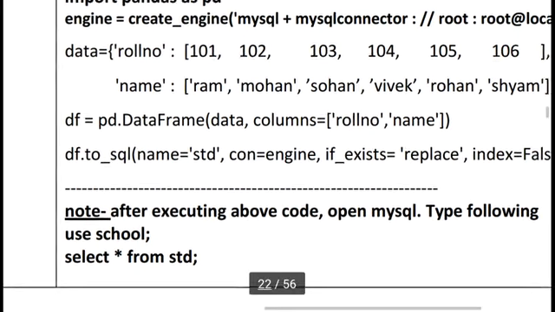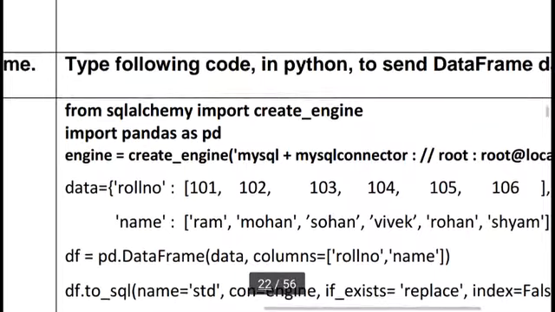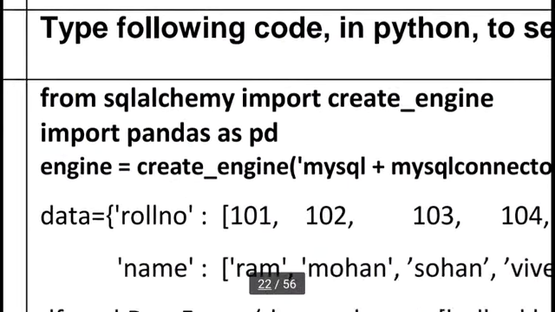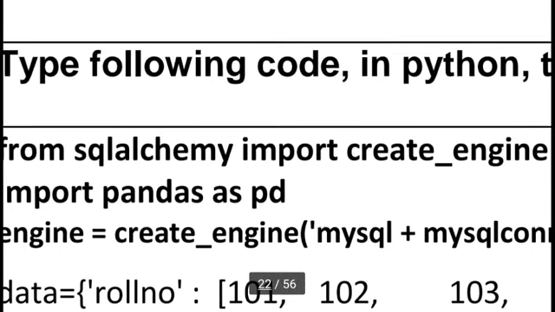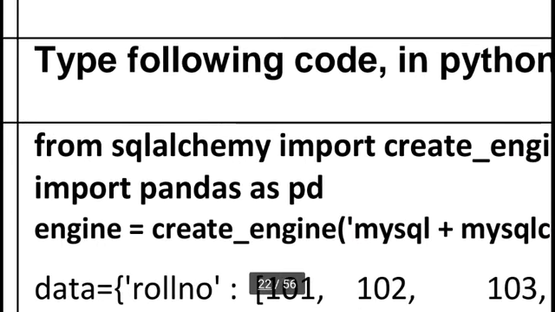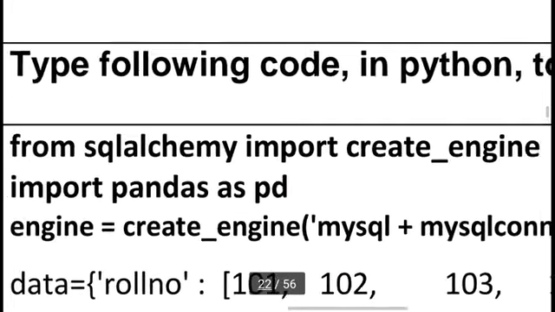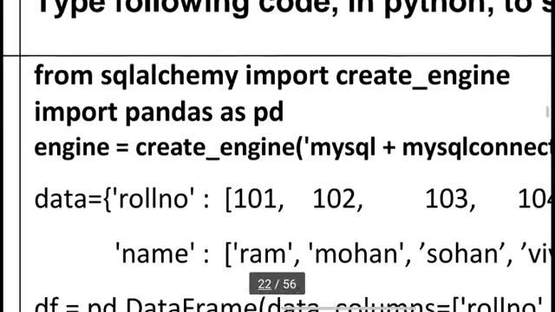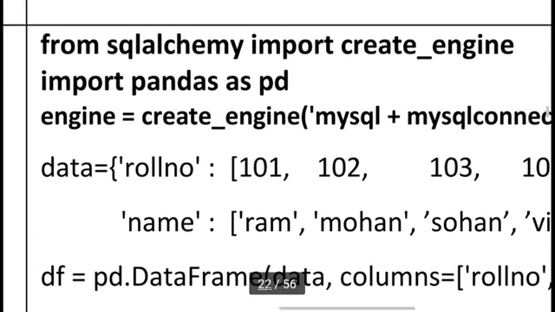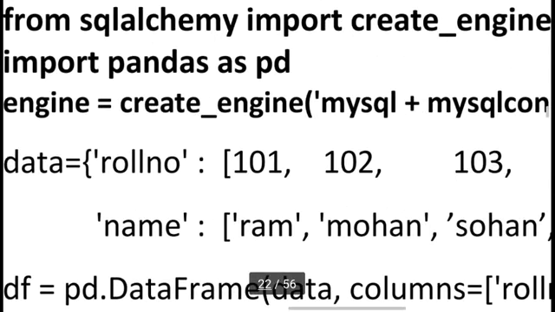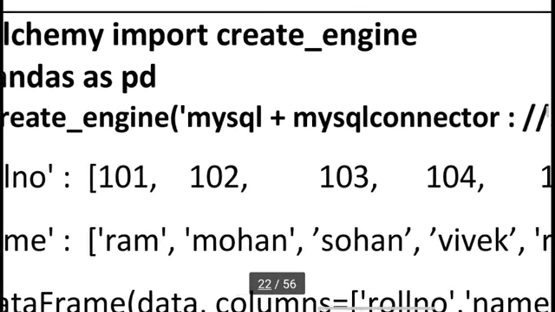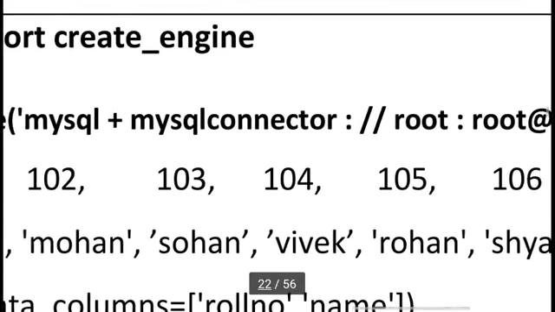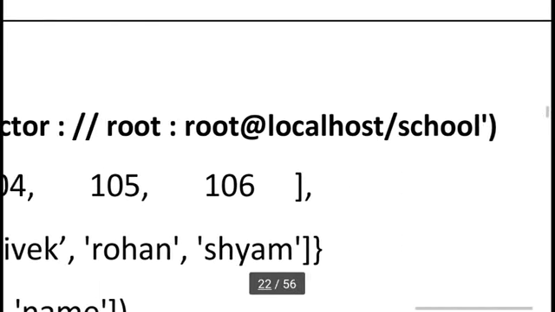So export is a very simple thing. For exporting, we can always use from sqlalchemy import create_engine. You always remember this command. This is a fixed command. Import pandas as pd we already know. For exporting we always write this command. Always keep in mind, engine equals create_engine function, mysql+mysqlconnector://root@localhost and